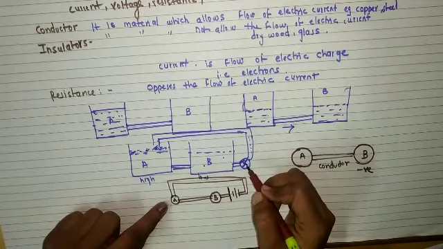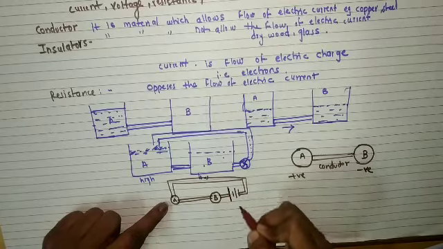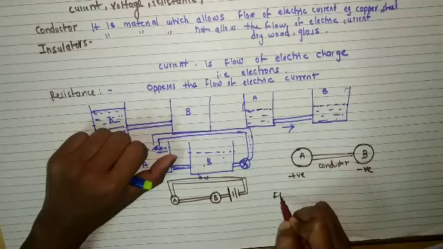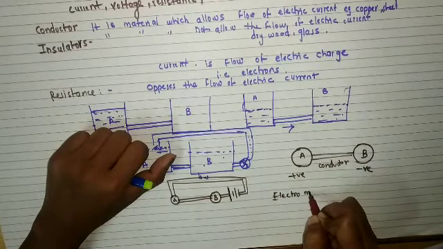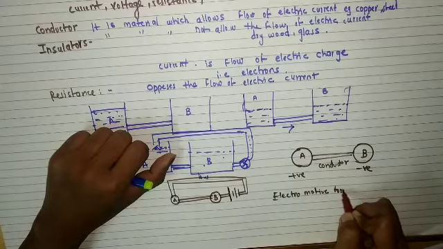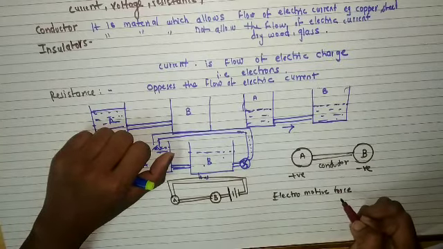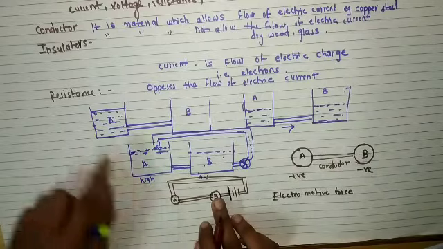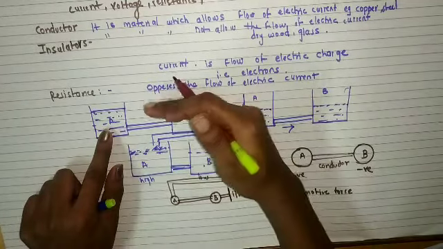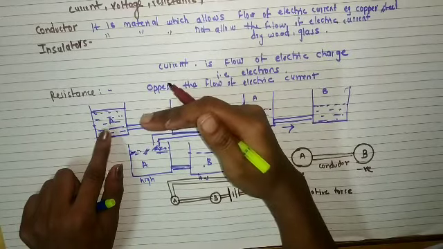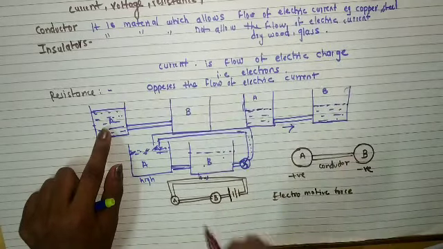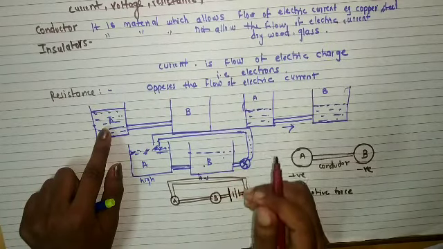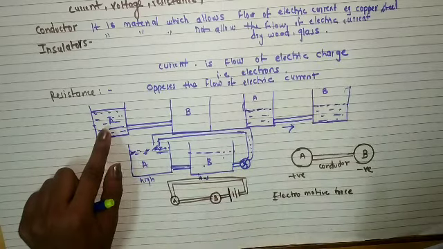So from this example, what you understand is that the battery produces force. This force is called electromotive force. Due to this force, potential difference is maintained between 2 points. That means there is a difference. Just compare this to the water level or vessel example. There must be a potential difference for continuous flow of electric current to happen.